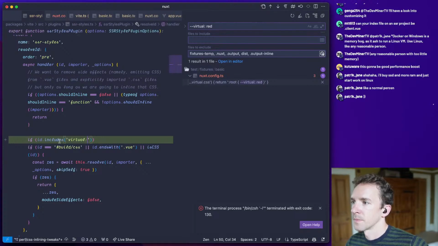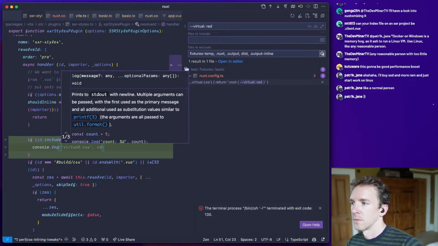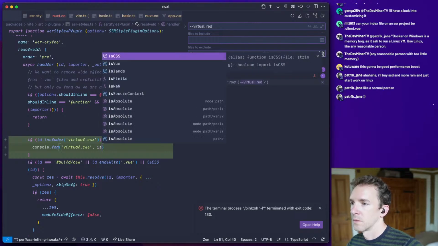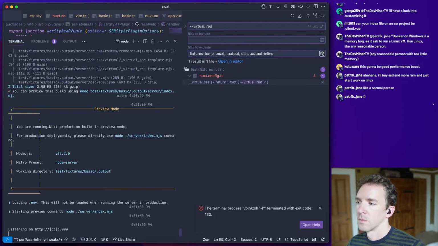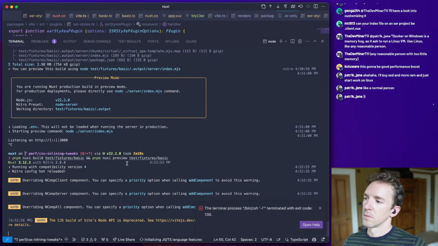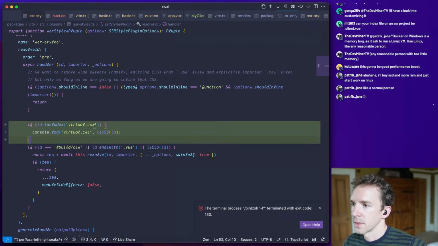Virtual.css. Okay, so virtual CSS is coming here.